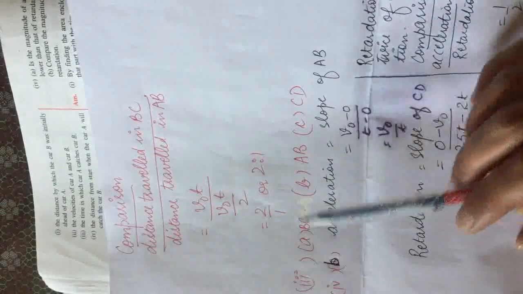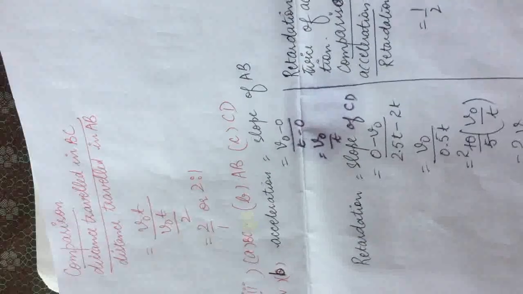So the answer will be BC. In B part, we have to judge uniform velocity. In first part it was uniform velocity, that is velocity is not changing, it is BC. In second part, uniform acceleration. Uniform acceleration means increase in velocity with time. So velocity is increasing with time in AB. Last is retardation, that is decrease in velocity with time, that is part CD. So you can note the answer.